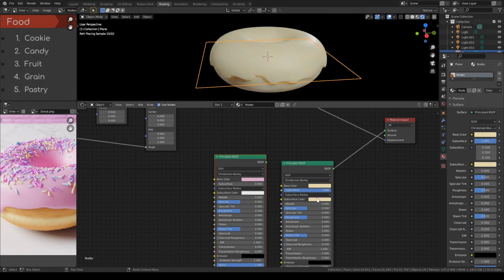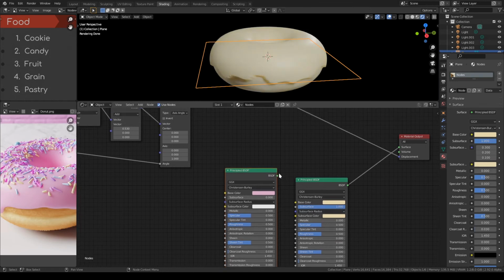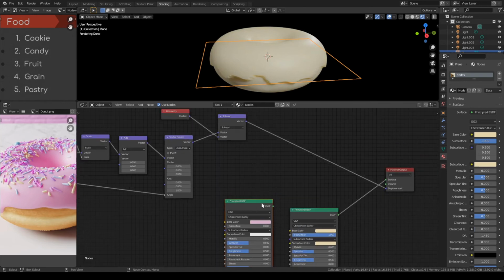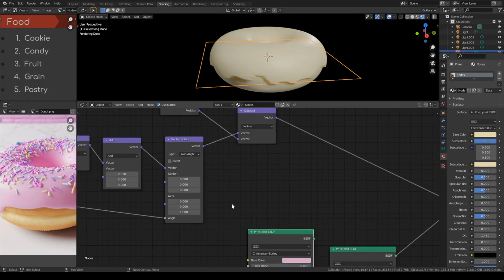It's a little bit too much subsurf though, so this is probably good because chocolate really is kind of this wax-like material. Do you call it wax? Don't know. Anyway,